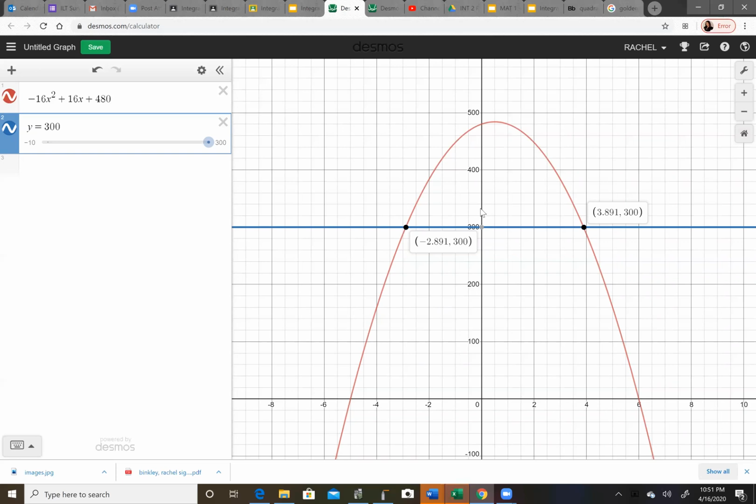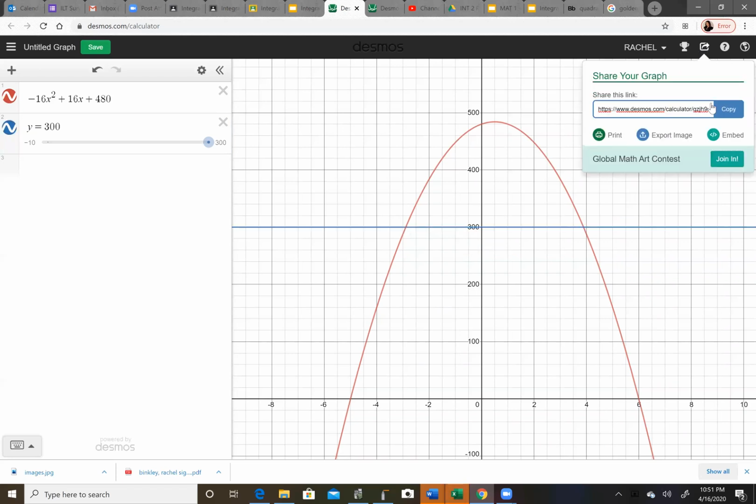So how do I want this in your sheet? Well, the cool thing is if you go up here to the top by your name, and you hover over it here, it says share graph. You click on that, you make a copy of it, and you paste that into your Google Doc with the answers. Cool. All right. Good luck. Let me know if you need any more